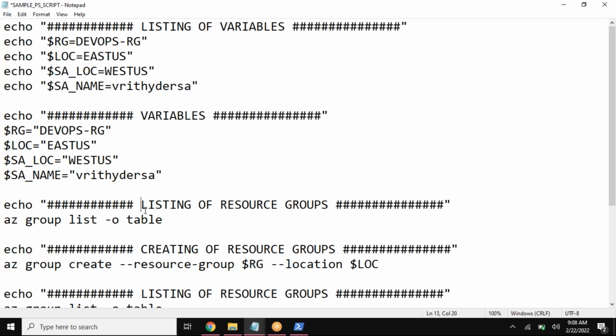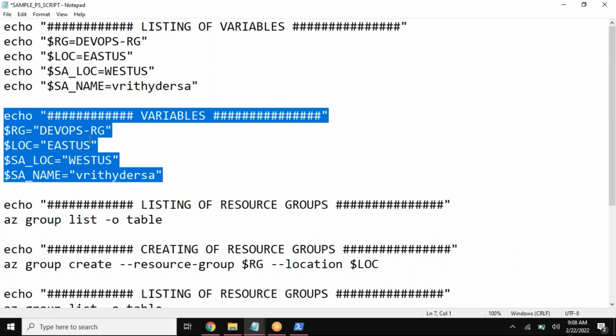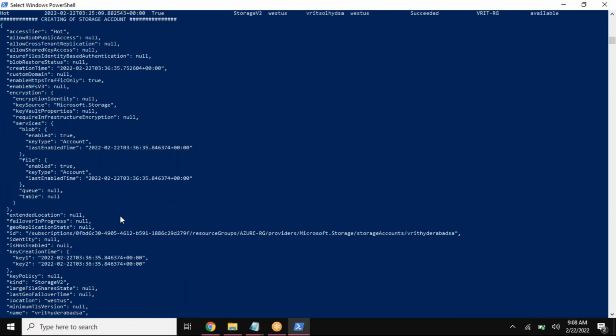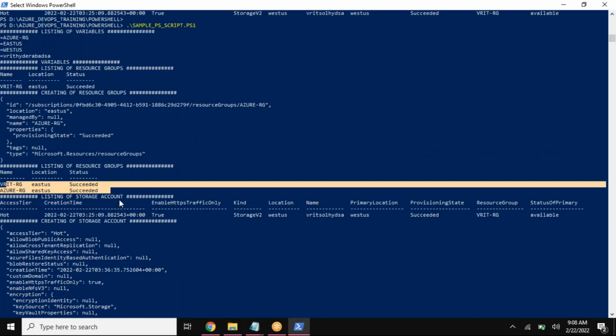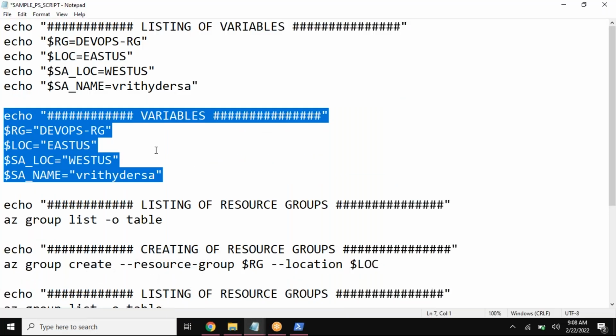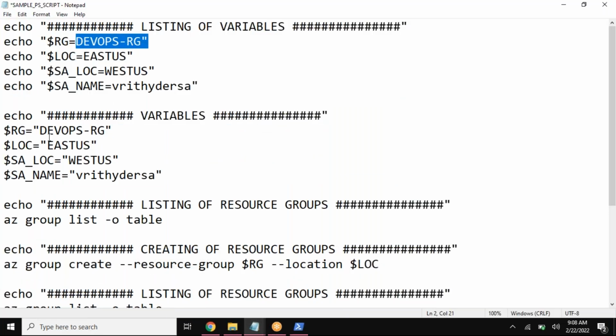I'm not touching my actual scripting level, what I have here. I've just made a change to my main values in here. So DevOps-RG is not there for me. If you see here, it's not there within our list. I can see only two, VRIT and Azure. But I'm trying to create a new thing, DevOps-RG in here. I'm using the same thing and a new name, VRIT HY Hyder SA. Same thing. So go ahead, save as,